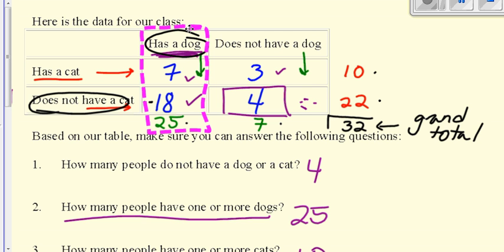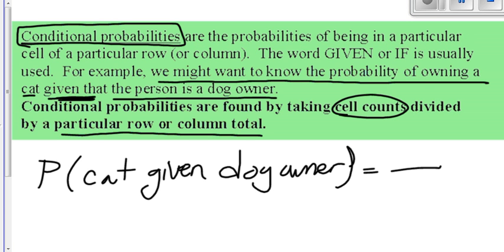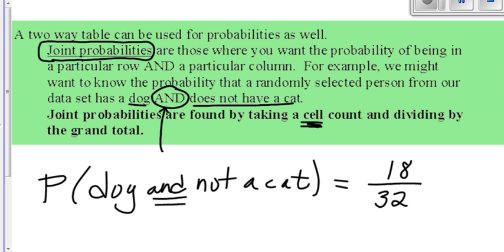7 out of 25. 7 people own cats out of 25 dog owners. So, write that down, 7 out of 25. Okay, now that was a conditional probability, and it's different from the joint probability, because in a joint probability you divide by